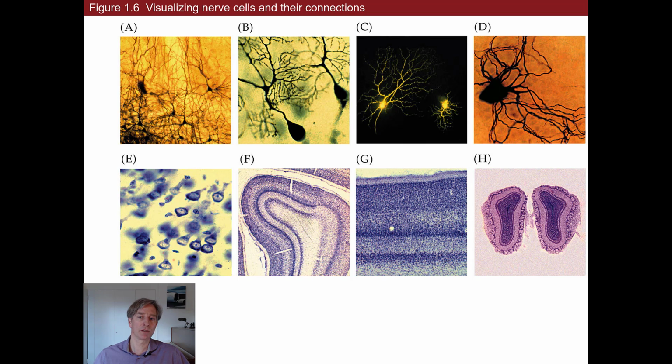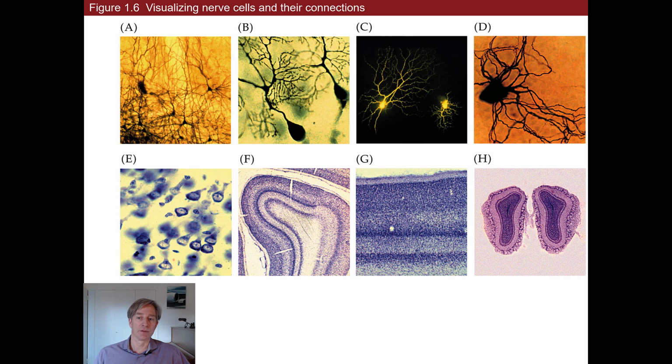Modern neuroscience is only about 150 years old. So it's kind of a young science if you compare it, for example, to physics. It started with the first descriptions of brain anatomy by Camillo Golgi and Santiago Ramón y Cajal. These are the two heroes of modern neuroscience. Golgi invented the method of silver salts